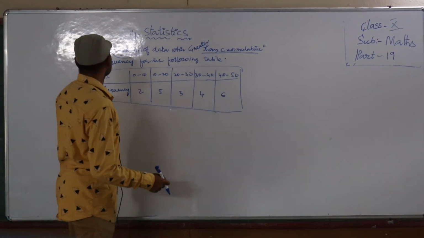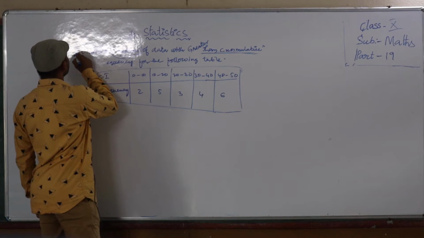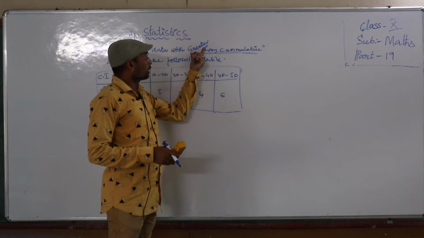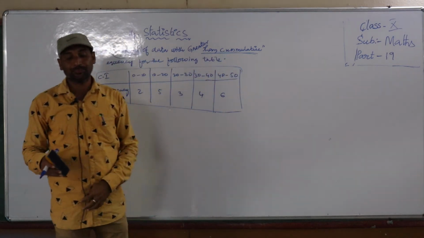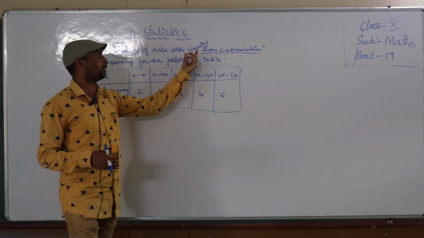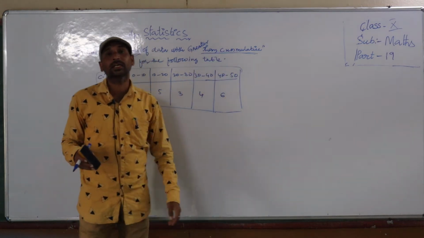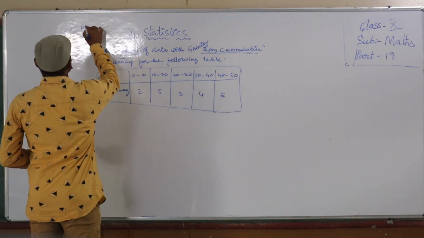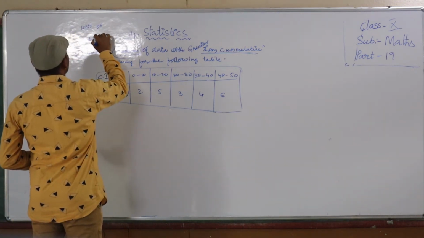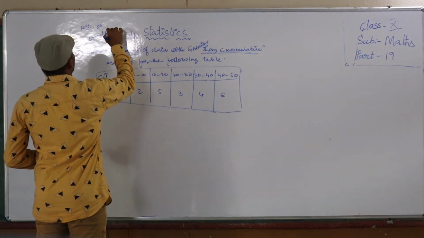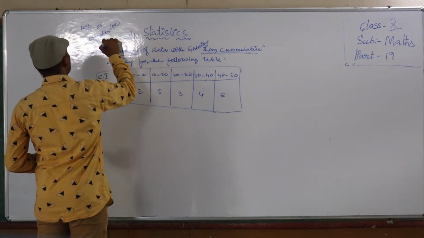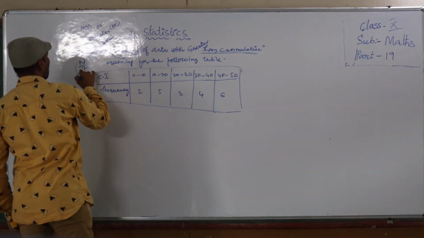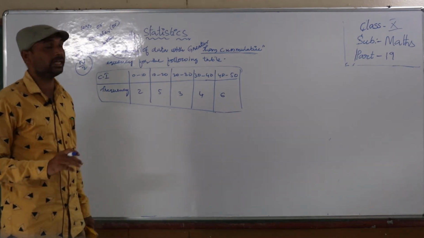Okay children, so here then, the same problem by using this greater than cumulative frequency. For the same problem I am explaining greater than cumulative frequency to find out the median. So less than or greater than, or if they give both, the median is based on the n by 2 value only. So that is very important.